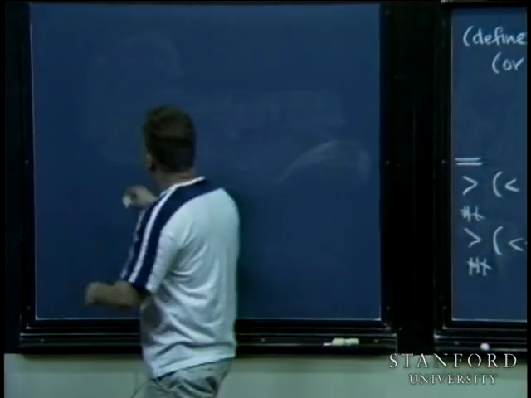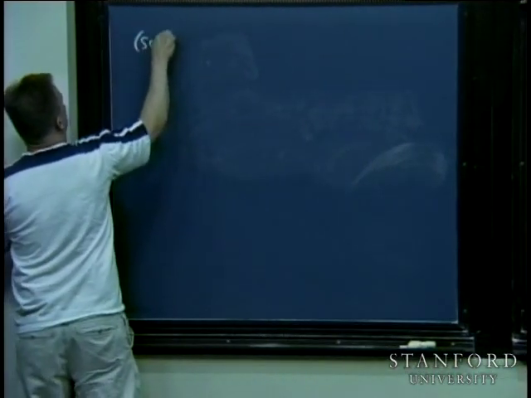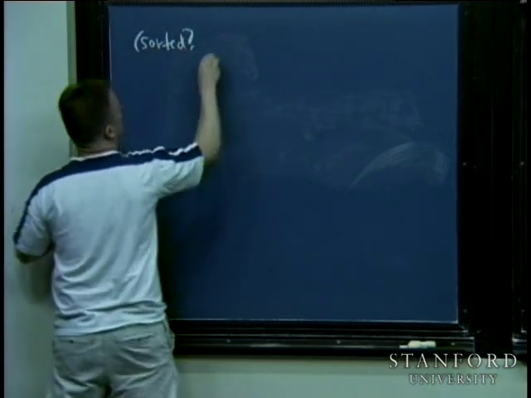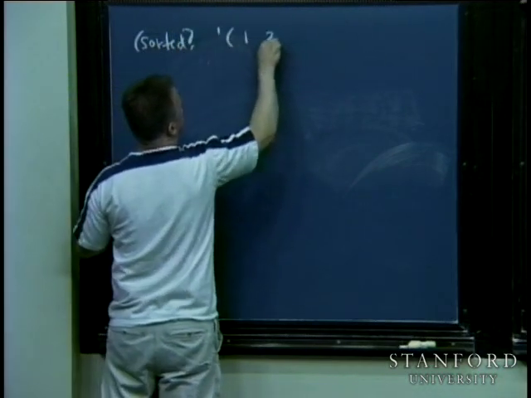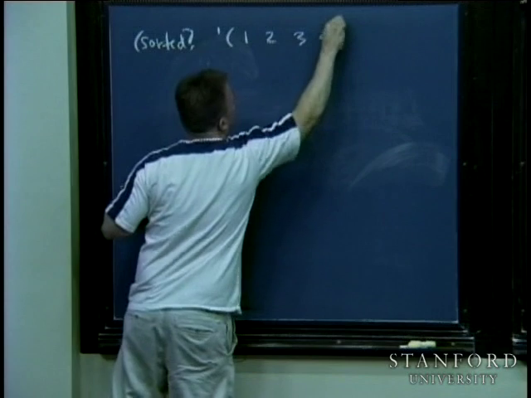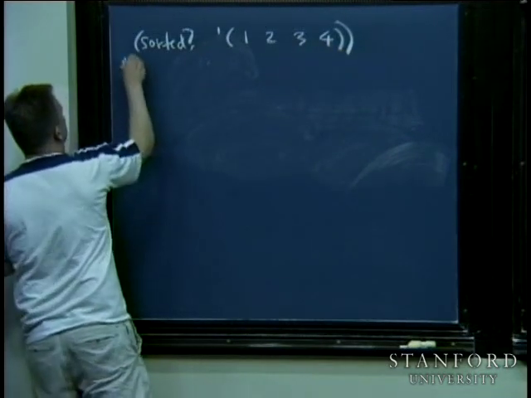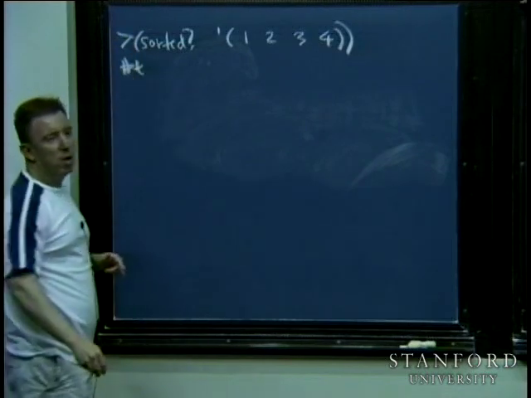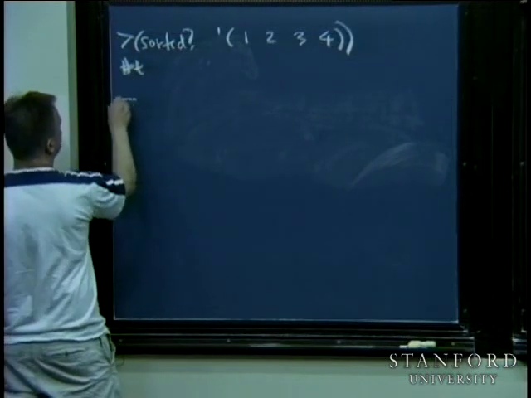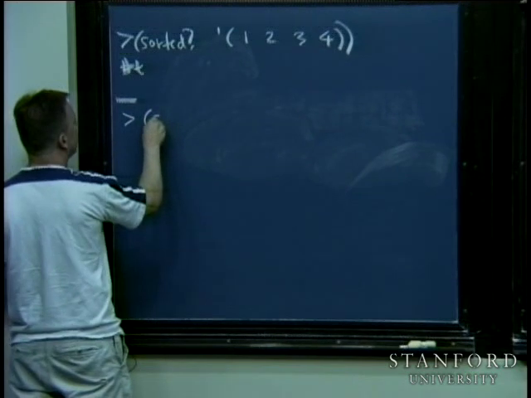At the moment, sorted? of the list 1, 2, 3, 4 just works according to that recipe and comes back with a true. What I want to do is this. I want to be able to invoke sorted